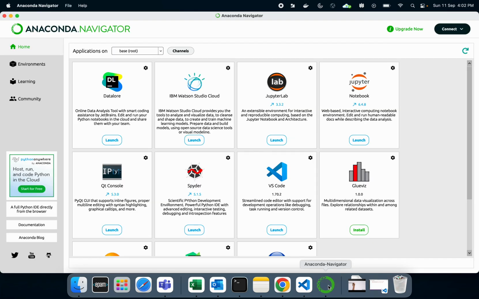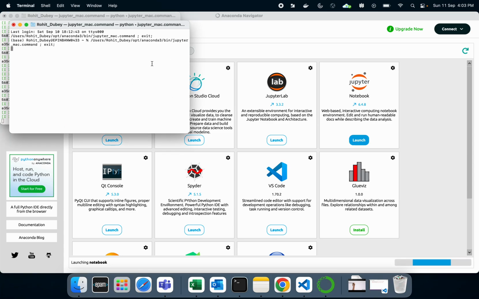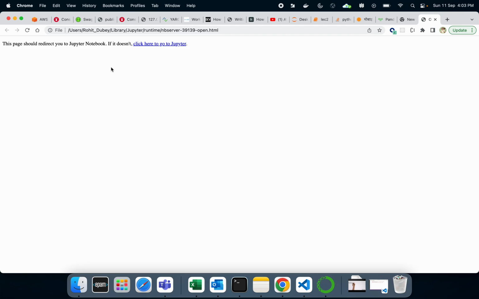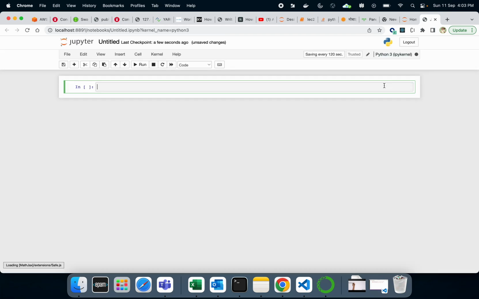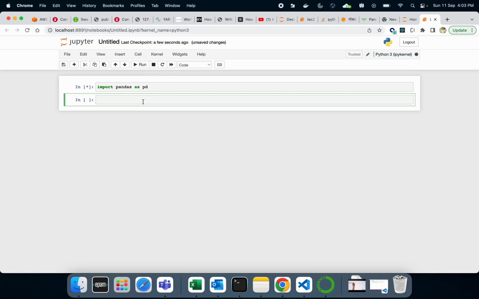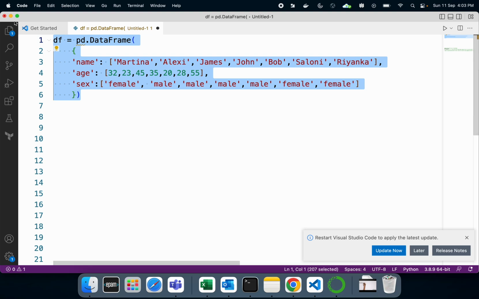So let's get started. I'll be using Anaconda for this lab, and let's just launch a notebook. I'm going to select a new file. First thing, I'm going to import pandas with the alias. Now I need to create a data frame. I think I have already created one, so I'll just copy this,